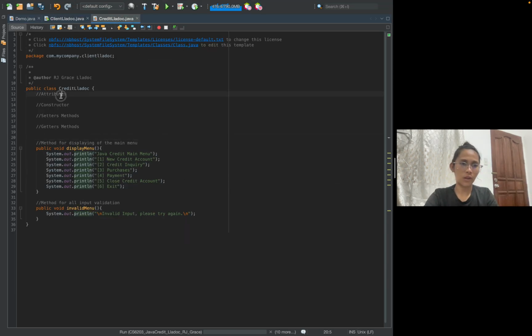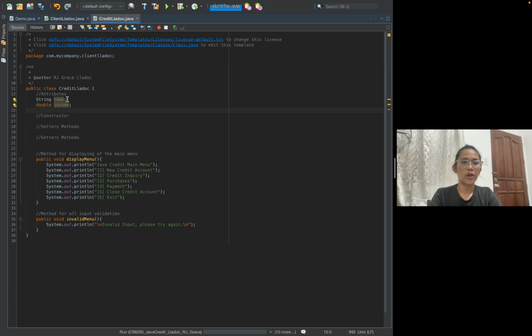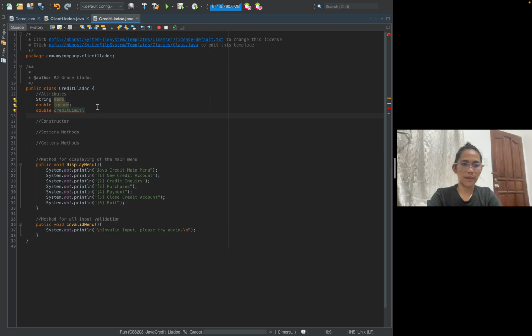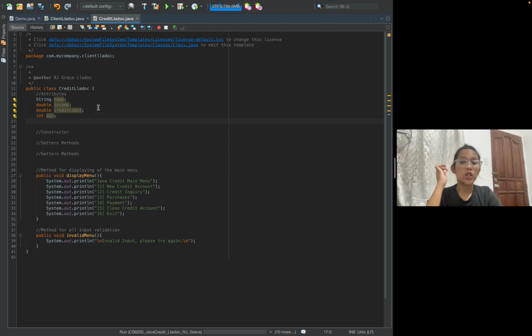So now let's go on and do it. For the name, we will have the string. For the income, we need double. Double is for us to have the decimal or the centavos values. Okay, credit limit, type double also. For the account number, we will have an integer. So ACN stands for the account number, an integer because